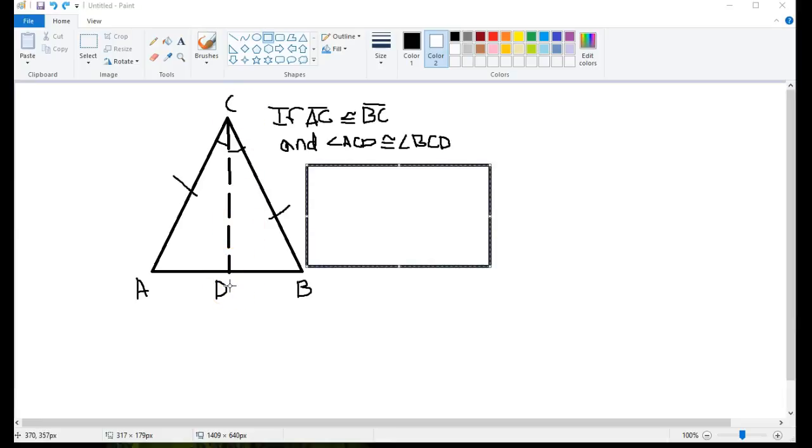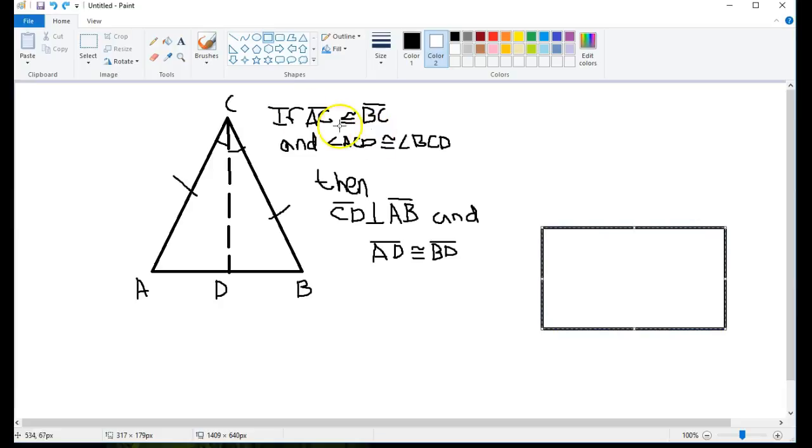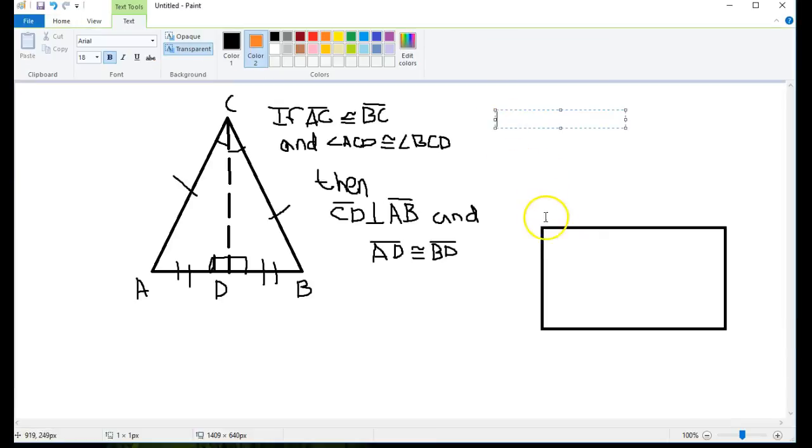So if we have these things, we're going to have something else, which is if AC and BC are congruent, and ACD and BCD are congruent, then this line here is perpendicular to here. So we're going to make right angles here. Beautiful right angle. And AD and BD would also be congruent. So that theorem here says